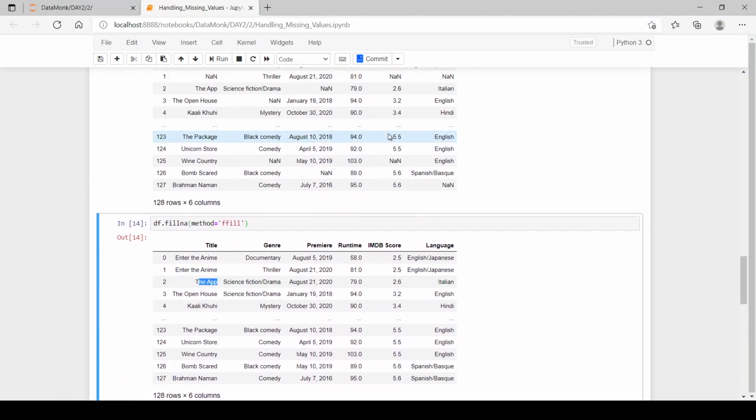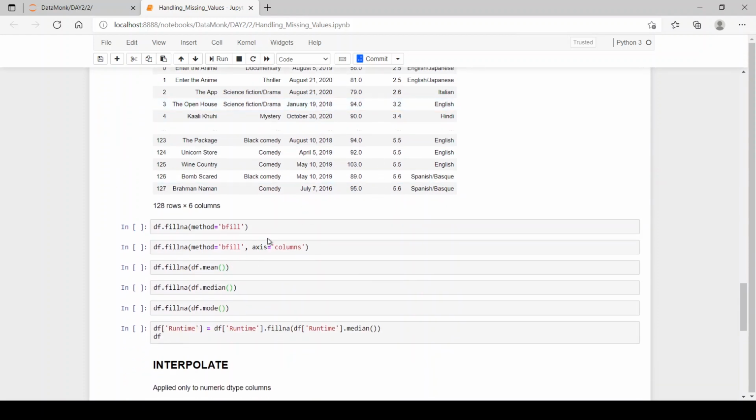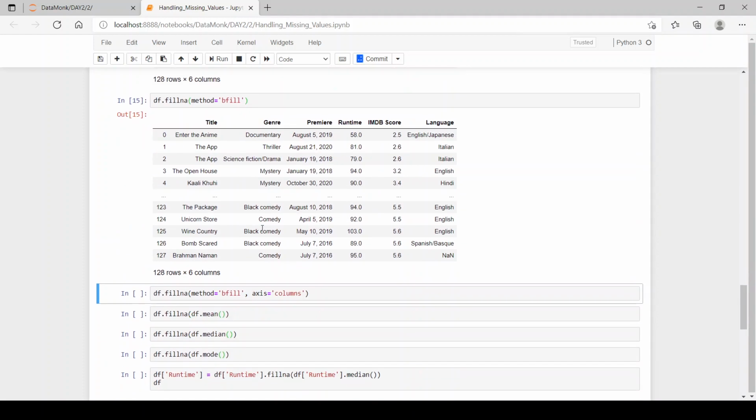Then we too have a NaN value here, here it is 2.6. So now 2.6 will be replaced in place of the NaN value and here Italian. So let's see the output. Yeah, you can see the next value, then 2.6, then Italian.